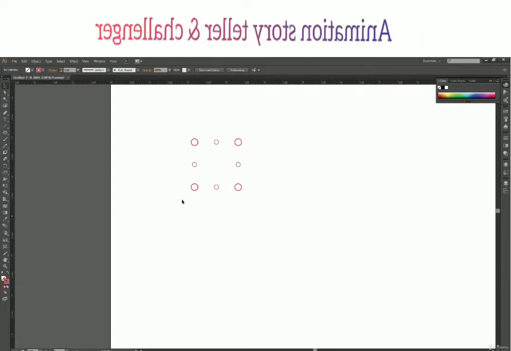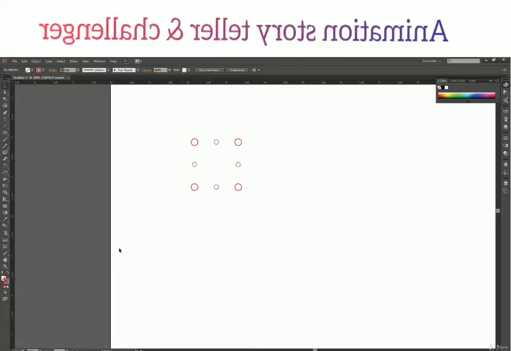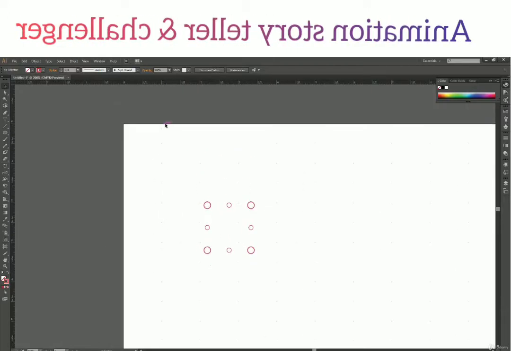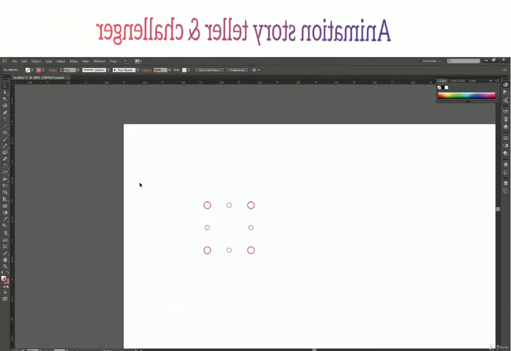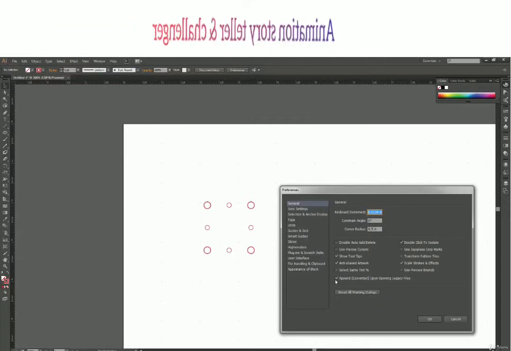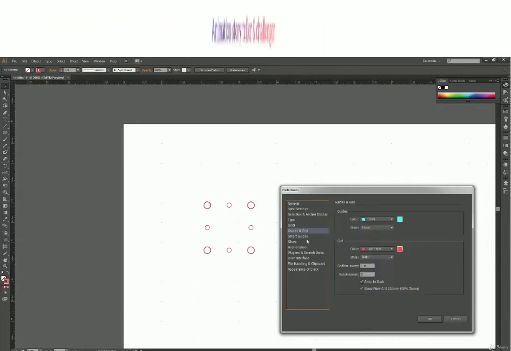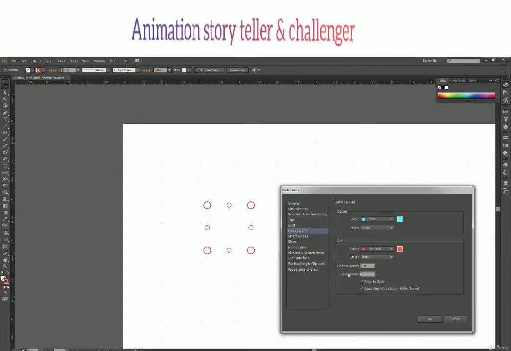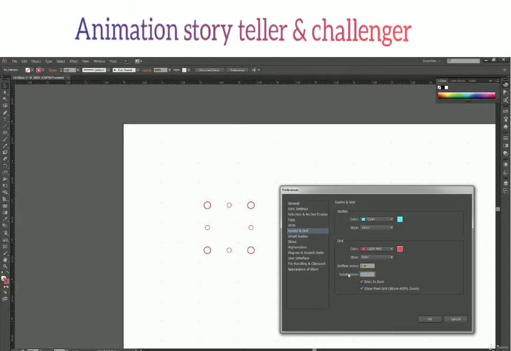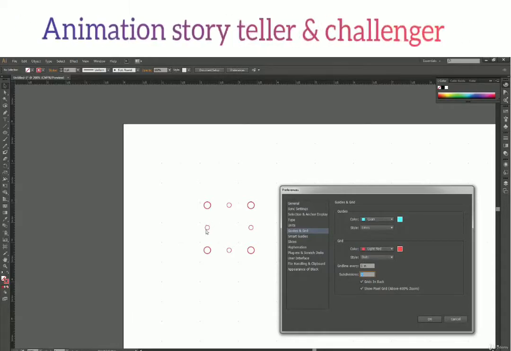So let us switch back to our grid, and this is what has happened over here. This is actually very hard to see. That's why I drew this example of how the grid works, and it will be more visible when we increase the number of subdivisions, because this will increase the small dots.